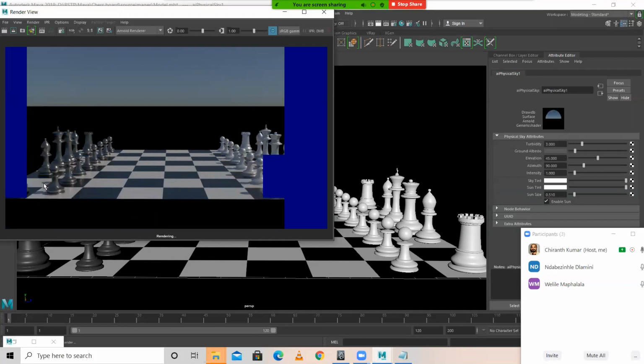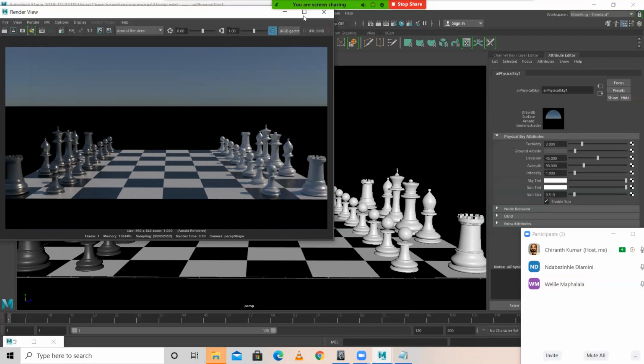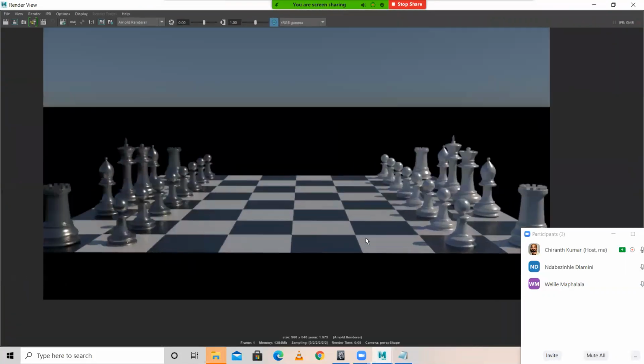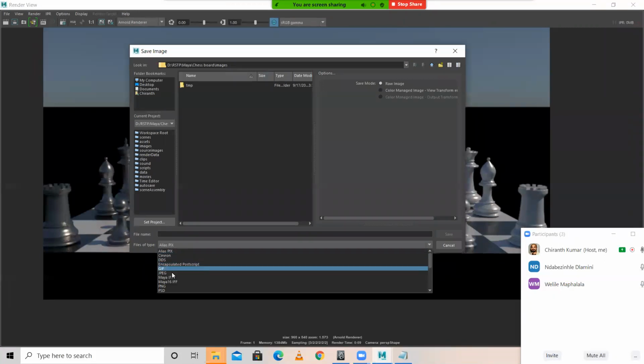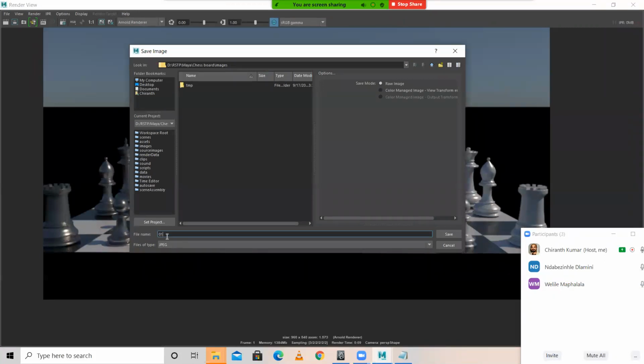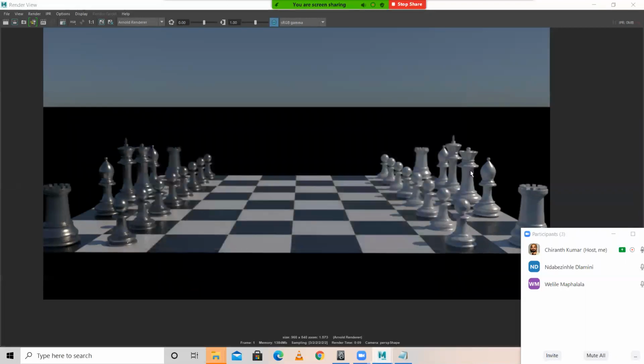See guys, we are getting an output something like this. Okay. Understood. So a lot, we can even have a photorealistic output. So we can make it look so real. A lot of adjustments we need to do, that we'll do later. File, save image. So when I save the image, I'll save this as JPEG. It automatically saves in the project folder, project images folder.